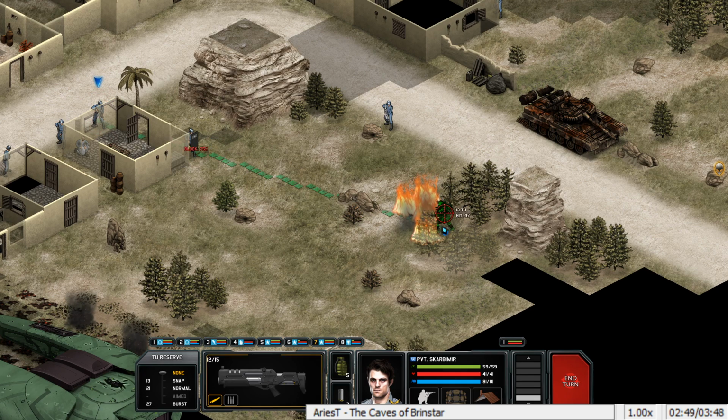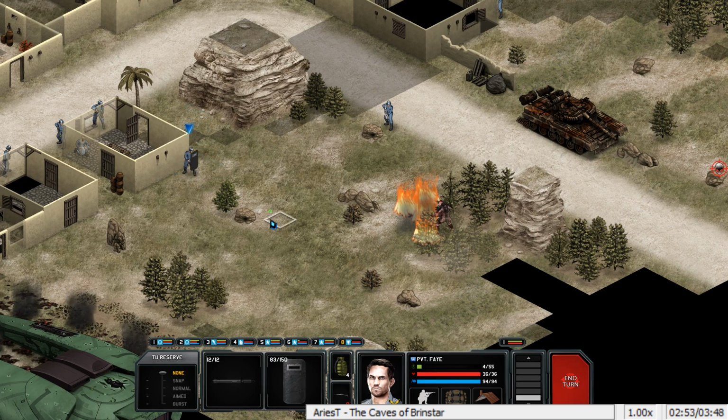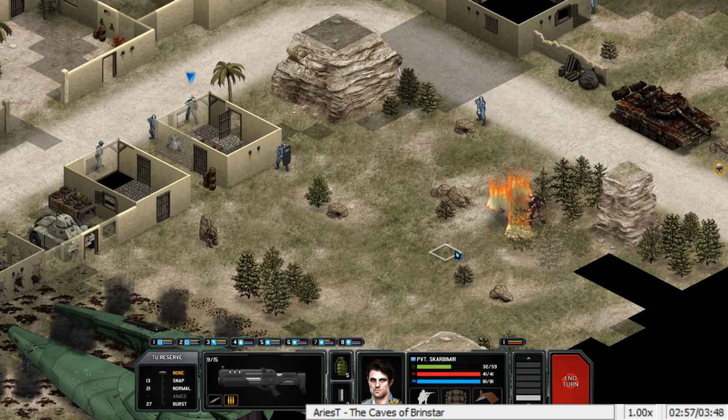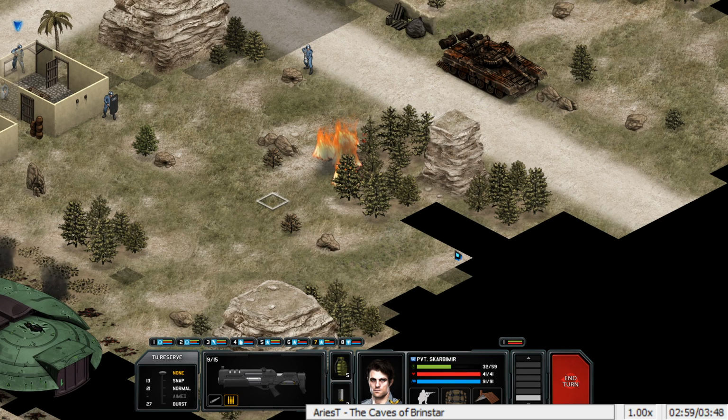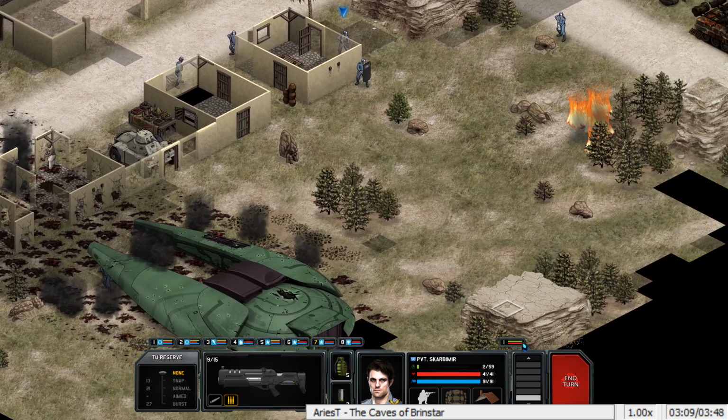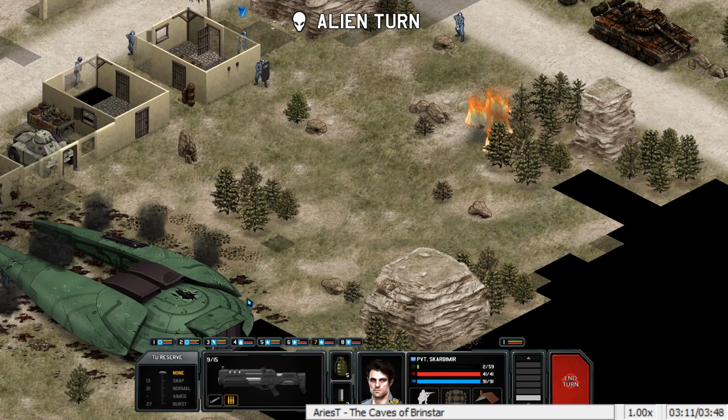Backup strats. New backup strat. Laser rifle. Laser rifle for days. Should have started with the laser rifle. Hopefully there's nobody in here. Alright, well, let's just end turn and see if that's it. There's probably something in the UFO, but...